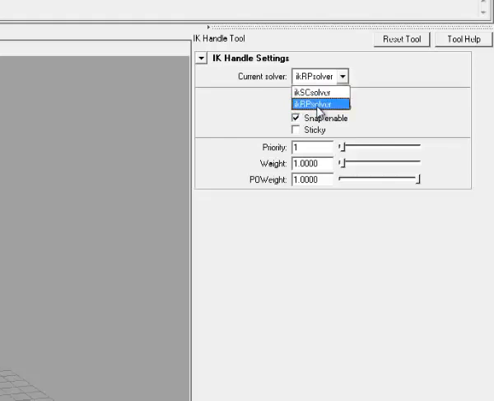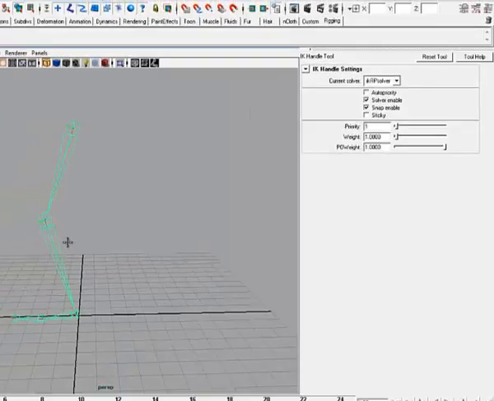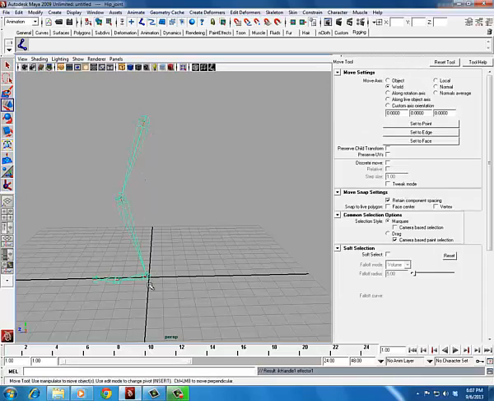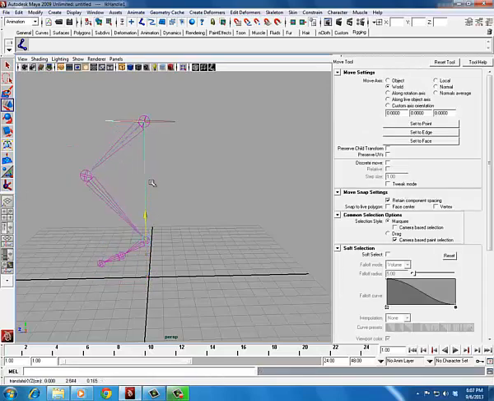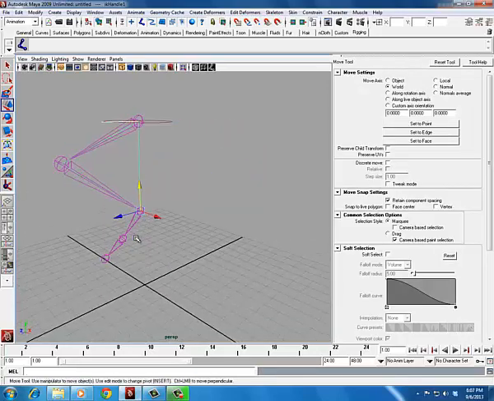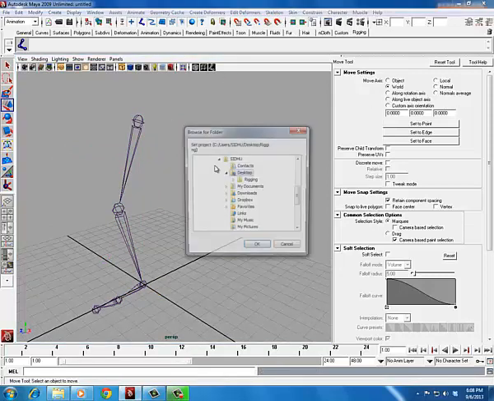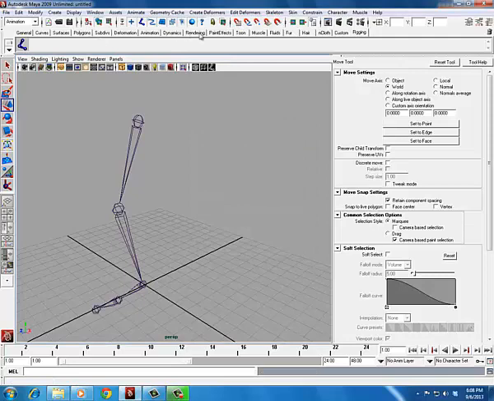What is the meaning of single chain solver and rotate plane solver? Let me first jump into the default one, called rotate plane solver. Let me just create the IK handle. For creating an IK handle, you should have an in-between bone to make sure the IK handle works; otherwise you won't get this kind of action. For example, I just create an IK handle. You can press G for the last action,